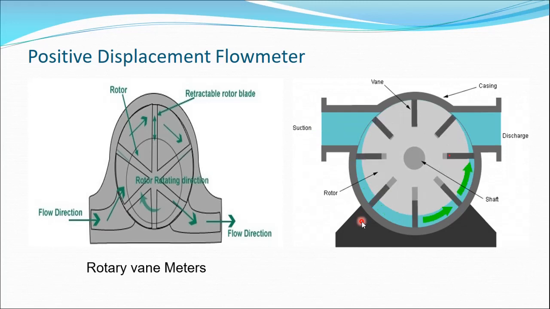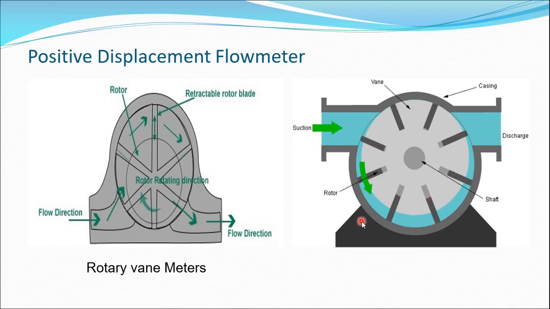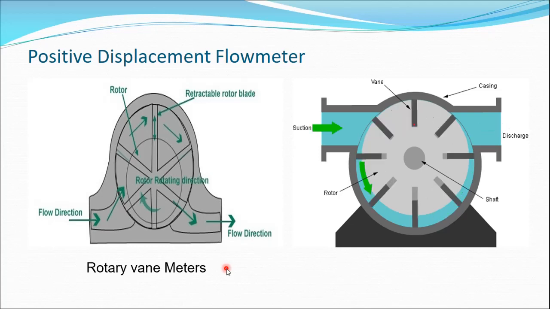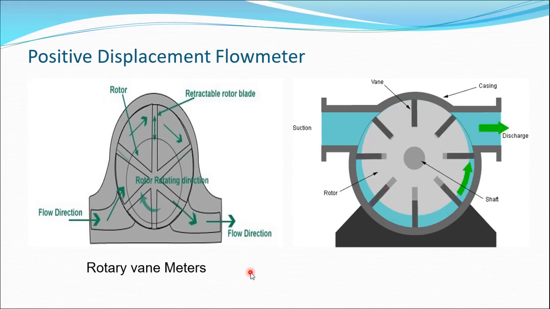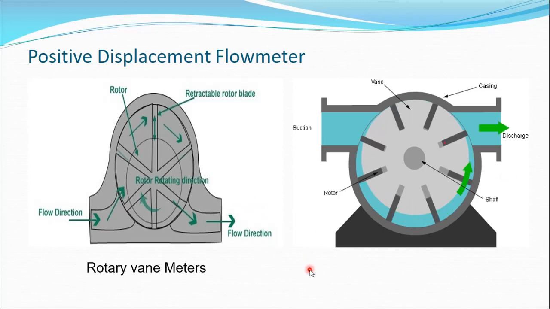So these meters exist in different designs. However, they all work on the same operating principle. This meter includes uniformly divided rotating impellers with two or more compartments inside the chamber, and the number of rotations of the impellers is counted and recorded in volumetric units. These types of meters are frequently employed in the petroleum industries. Based on the construction material, the maximum temperature and maximum pressure limits of rotary vane meters are 350 Fahrenheit and 1000 psi respectively. Okay. So here you can see the rotation and counting.